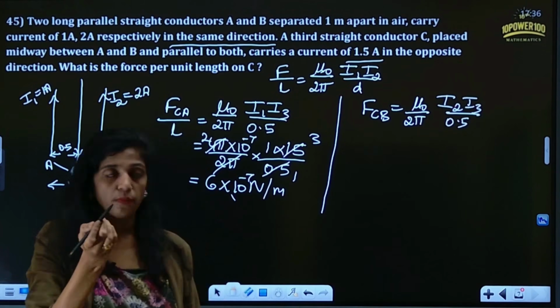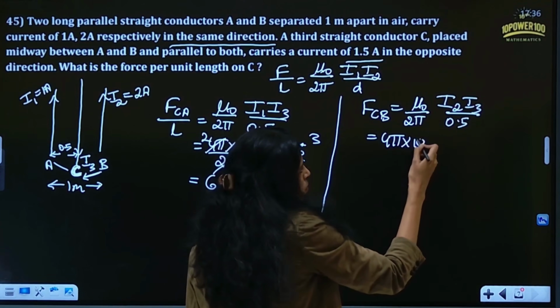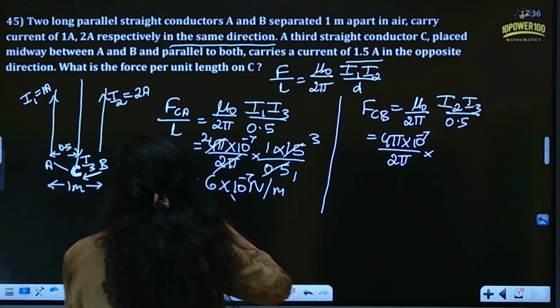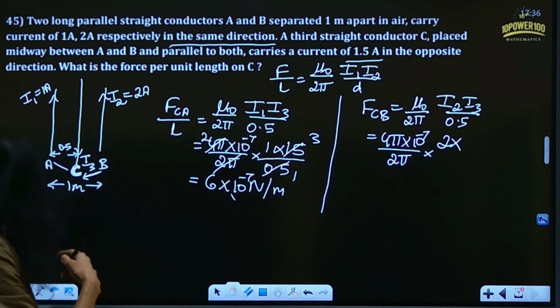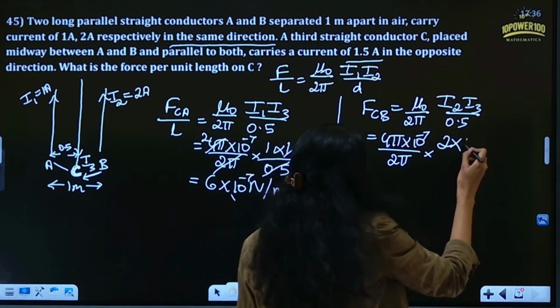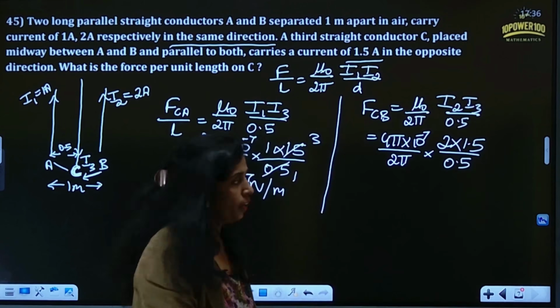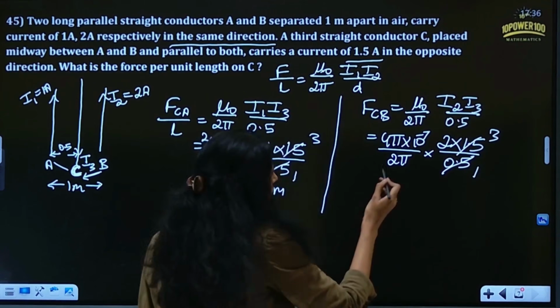Now we'll substitute it. Mu naught is 4 pi into 10 power minus 7 divided by 2 pi. The value of I2 is 2 and the value of I3 is 1.5, divided by 0.5. You can cancel here, and then 2 pi